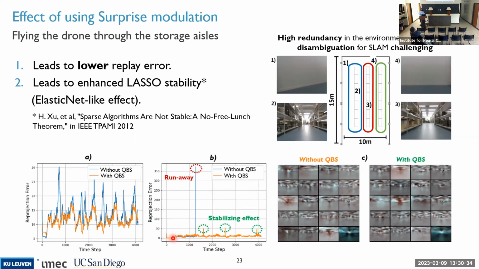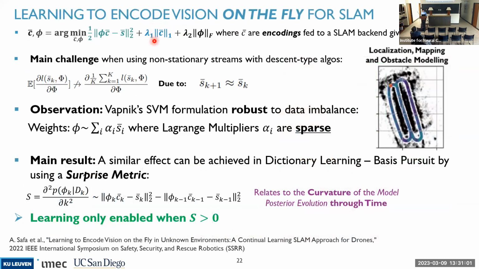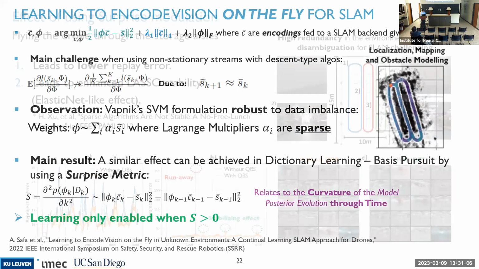You see that in blue, the learning completely diverged at some point. But in orange, when it tries to diverge here, there is a kind of elastic net effect, meaning that the system is able to get back on track. We're not exactly sure yet why this happens, but our hypothesis is that this has a form of elastic net effect, meaning that it is well known that if you add a bit of L2 norm regularization on top of L1 norm, you stabilize it.